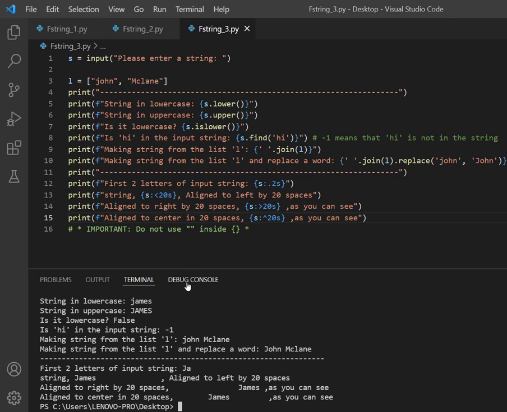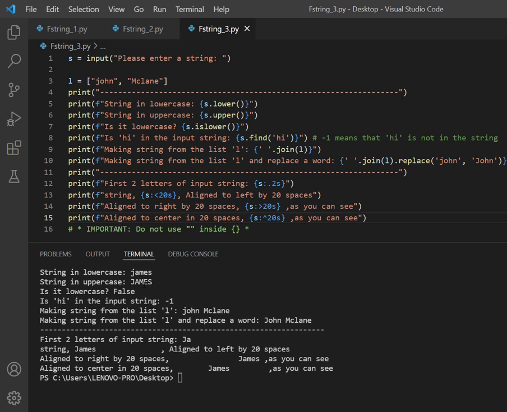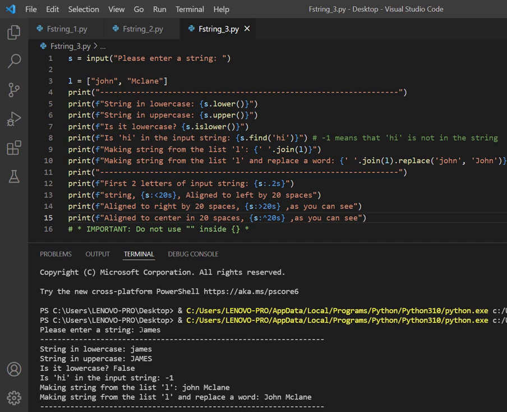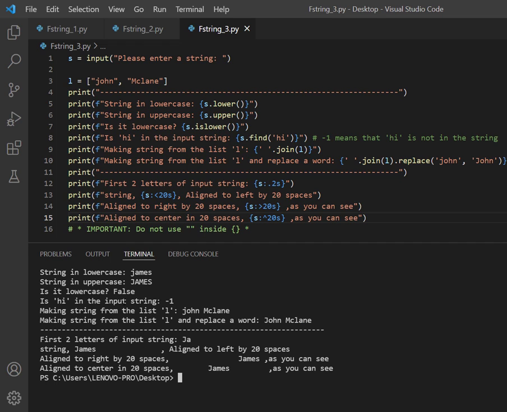Again, James, and let's make it a little bigger. Yes, we have James in lowercase, uppercase. Is it lowercase? No, because the first letter here is capital, and it doesn't contain the string hi, so it returns -1. And you can see the join method works here, and we have John